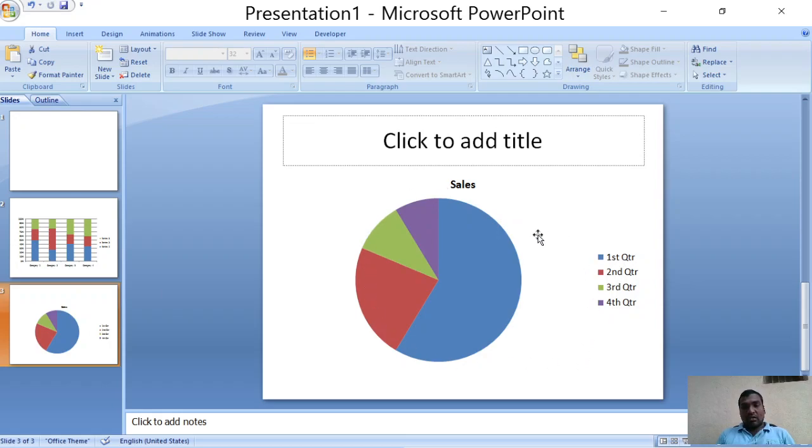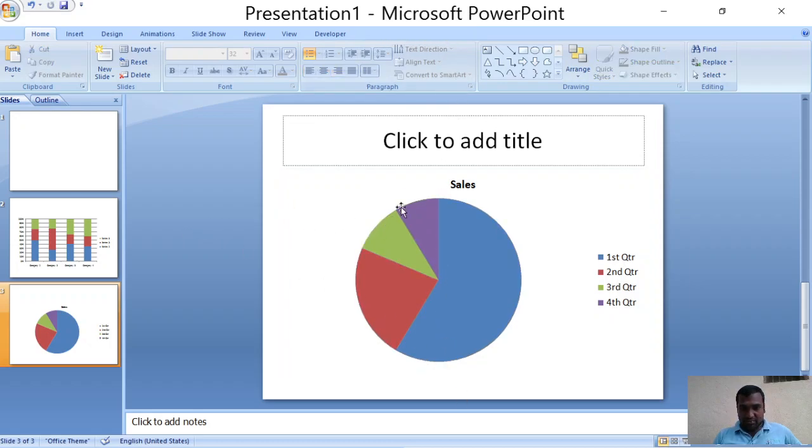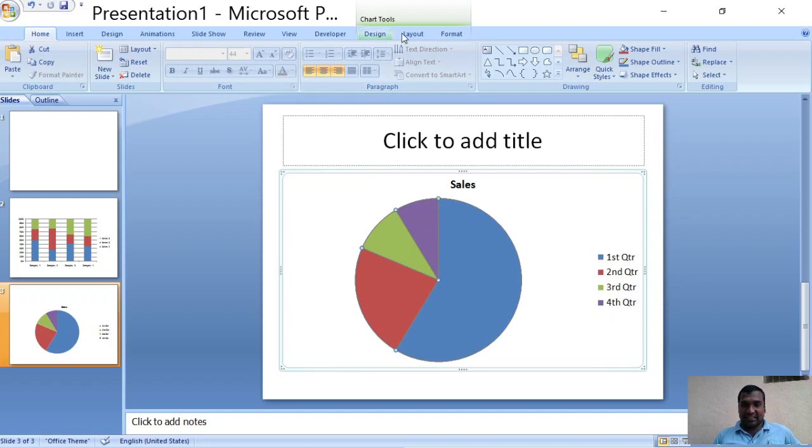Now I want to modify this particular chart. I inserted this chart, but I want to update the values and labels, etc. For that purpose, what I need to do is first click on the chart. Then the chart is selected, and the chart tools, like the Design, Layout, and Format tabs, appear. So you can observe here. If I highlight some other area or unselect the chart, then these tabs disappear. If I click on this chart again, the Design, Layout, and Format tabs of chart tools appear.